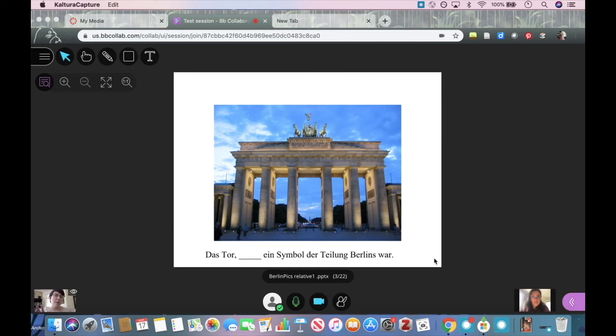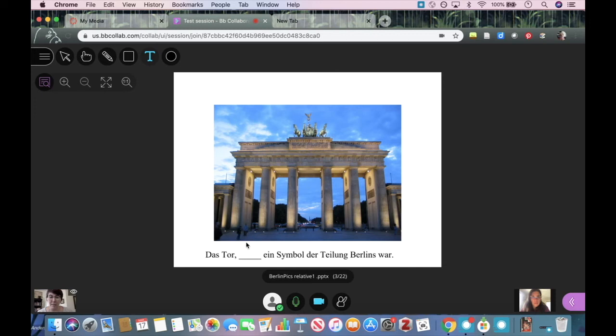Okay, so one of the really cool things about Collaborate Ultra is that if your professor shares something, for example, a PowerPoint, PDF, or some other document, you can actually annotate it. Now, if you're going to annotate it, you'll want to look at the top left-hand corner of the screen. These are your annotation tools. So let's say your professor has a question and they want you to fill in the blank. You can choose the text option and you can type it in. Now, it's not going to show until you hit enter,